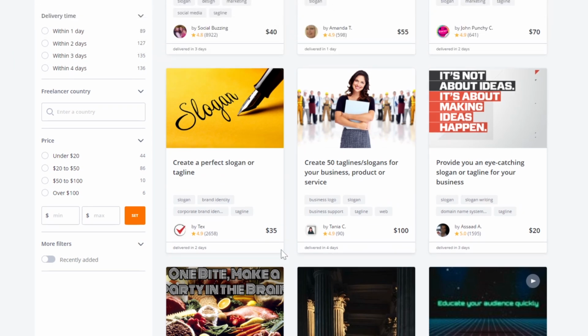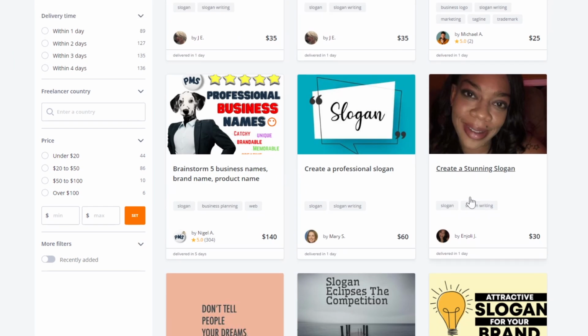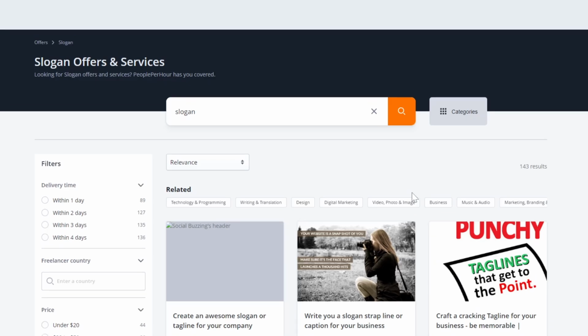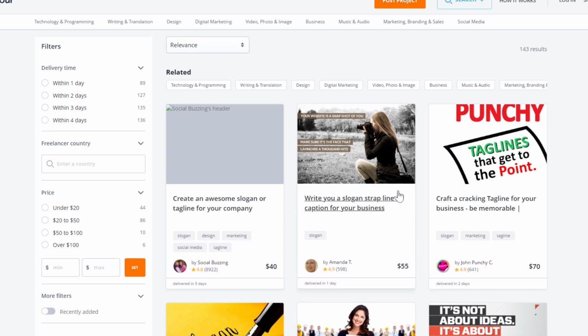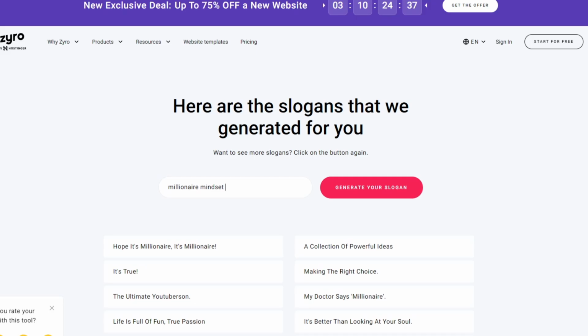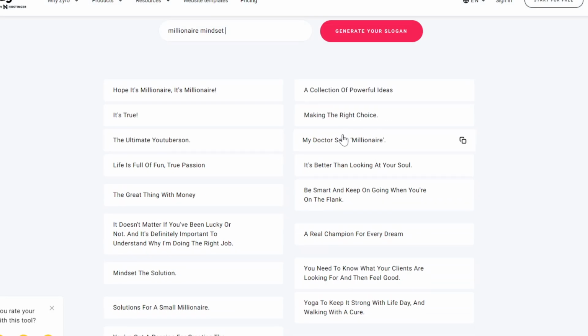And all of these people over here are selling these slogans and getting paid money online to write simple slogans for businesses. And the reason people are paying so much is because people don't think about all of these slogans and how to create so many slogans at once. People don't know about Zyro.com, where you can just go and generate a done for you slogan.